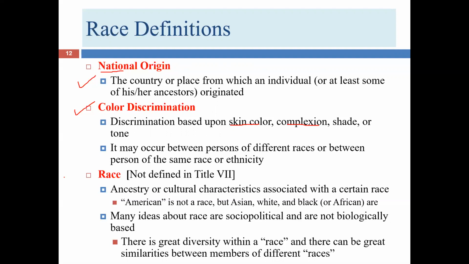As we said before, race is not defined in the statute, and it isn't a blood test that you can take. It has to do with the family tree. It has to do with culture. American isn't a race, but Asian is a race, white is a race, black or African. They are all races. There can be great diversity within a race, many different skin tones, many different particular characteristics in terms of